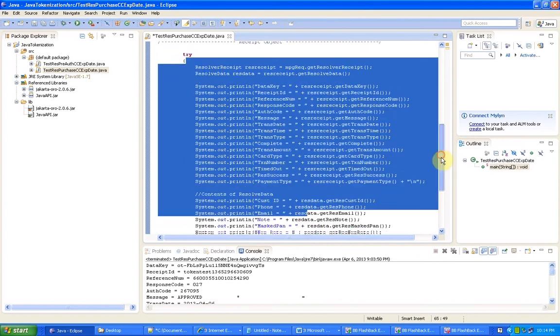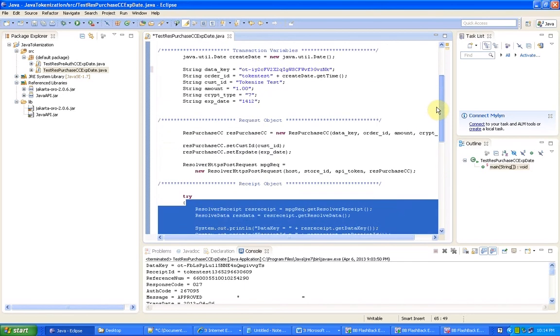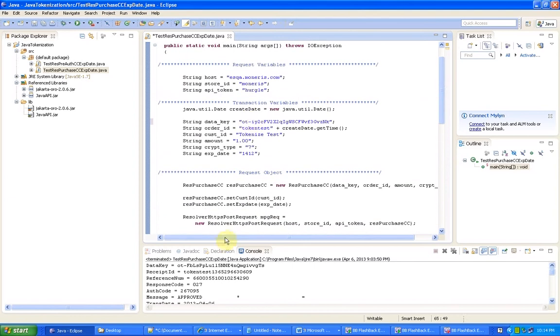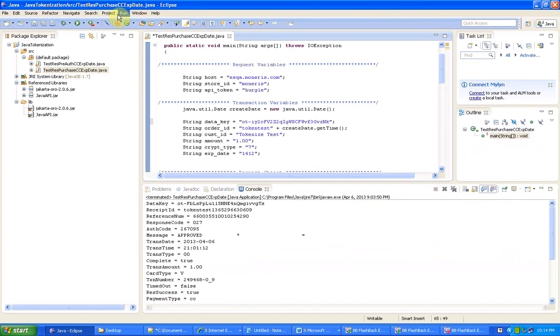It just says, give me this variable, give me the amount, give me the message, give me the ID, and then just prints it out to the screen. That's all it does. So the main thing you have to worry about is just putting in the right token from the test you did. So if you just click run at this point,